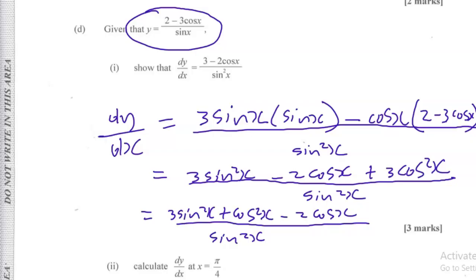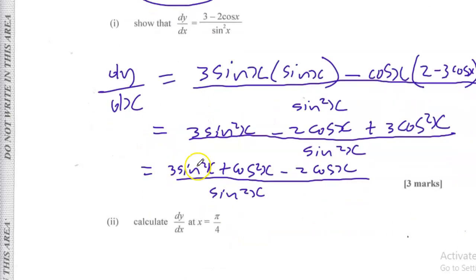Continuing, we can factor 3. So factor out 3, we end up with 3 times sin square x plus cos square x, minus 2 cos x